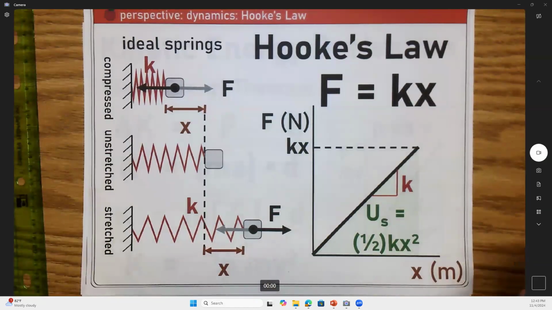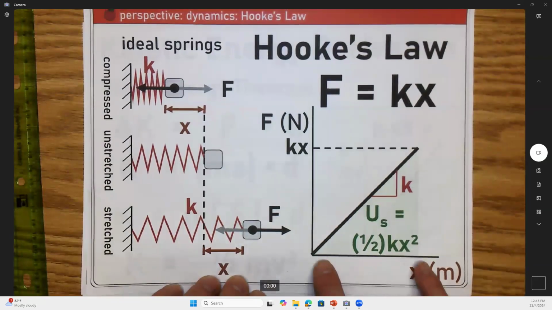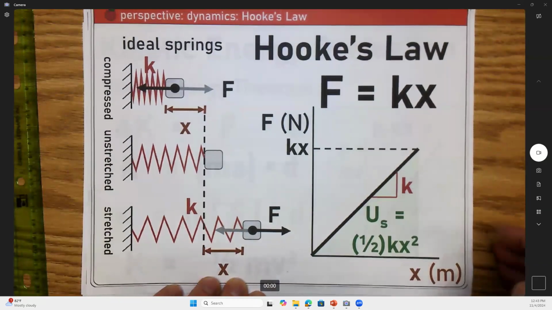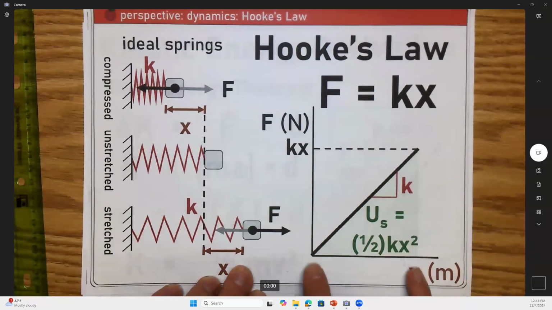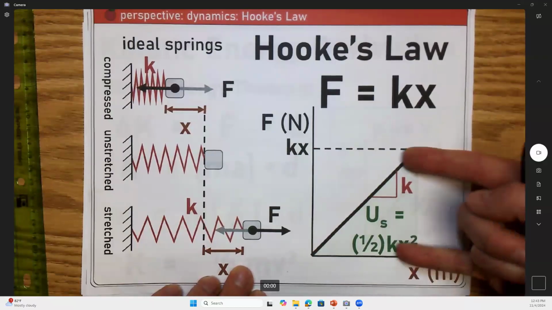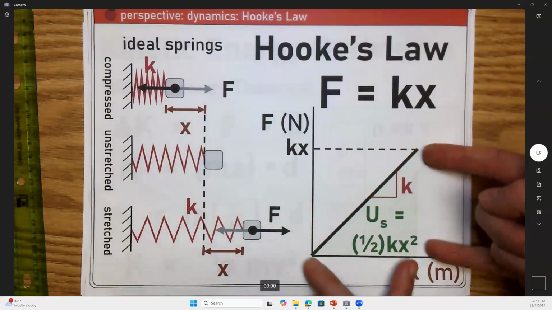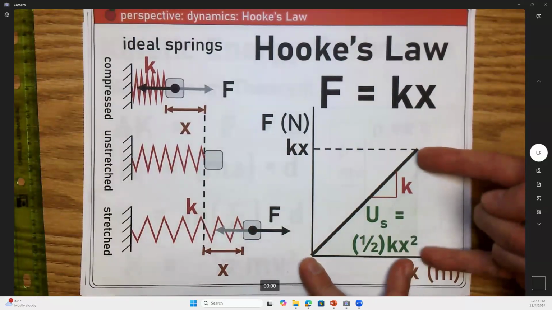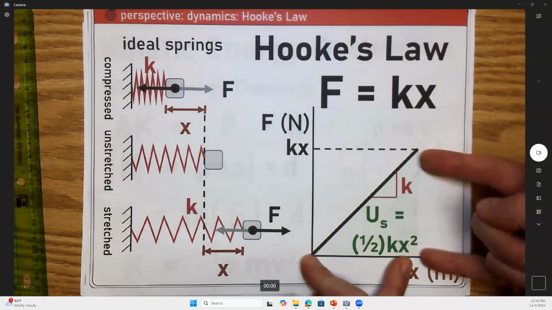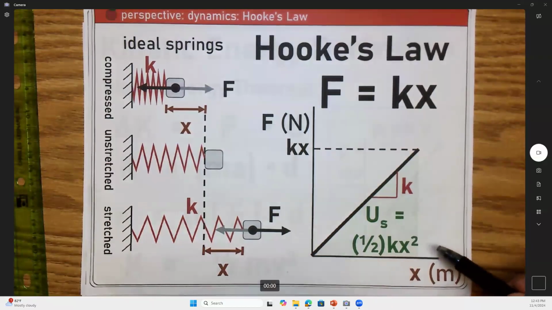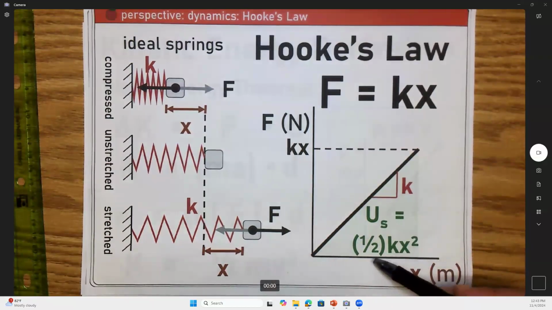Let's find the area of this triangle. So, guys, it's the area of a triangle, 1/2 base times height. Is that right? And the base is x, just however much I compressed it. The height is the force, which is equal to kx. That's from Hooke's law, F equals kx. So I have a base of x and a height of kx. And the area, which represents the work, is 1/2 base times height. So the x's combined give you x squared. Here's the 1/2 for the triangle. You got a k. So put it all together, you get 1/2 kx squared. You guys see that? 1/2 kx squared.